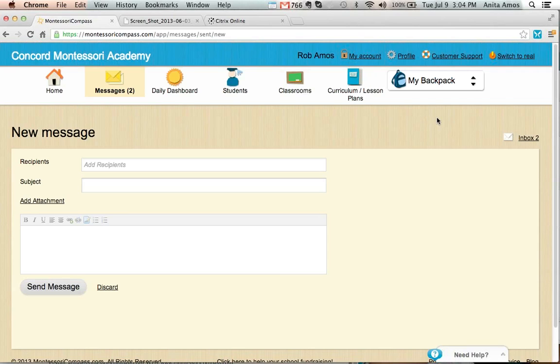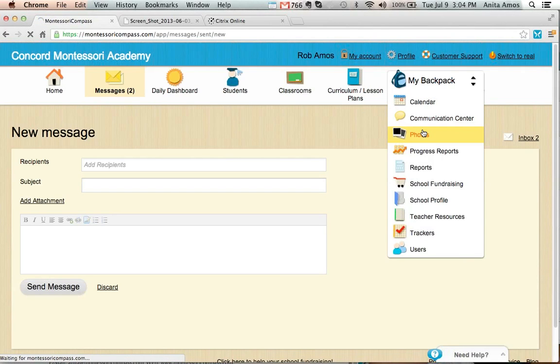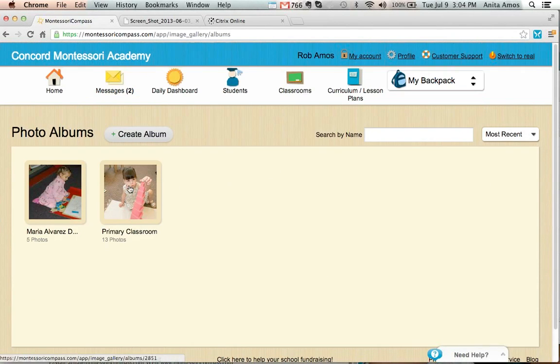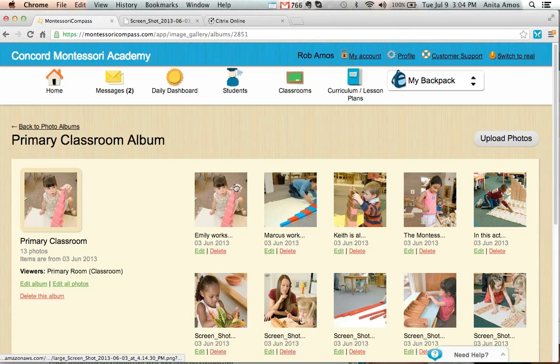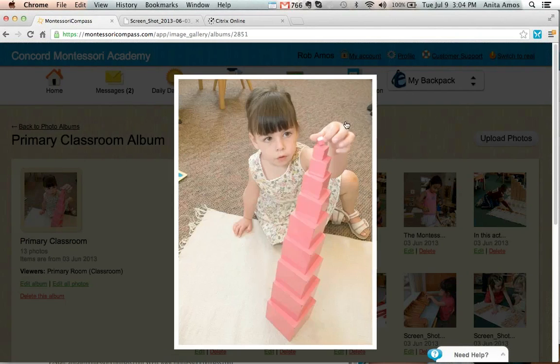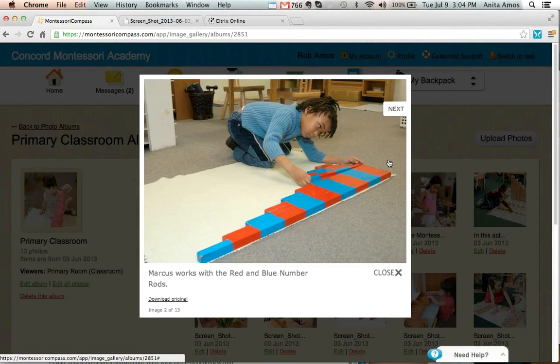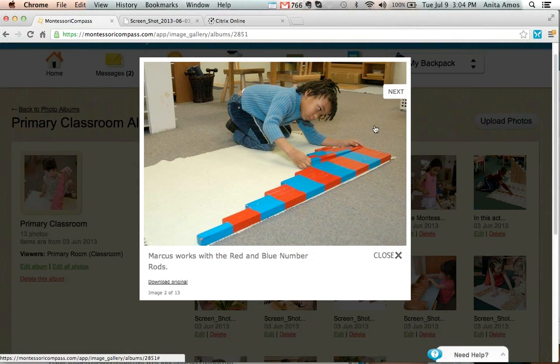Good. Last question that I can see is, can the photos that are uploaded be downloaded later? So you can download photos at any time. I'll go into my photo section here. So the parents get this slideshow that they scroll through, and they see something and think, I like this photo, I want to download it, or I want to print it out, or I want to put it on a coffee mug for Grandma for Mother's Day, or whatever I want to do.